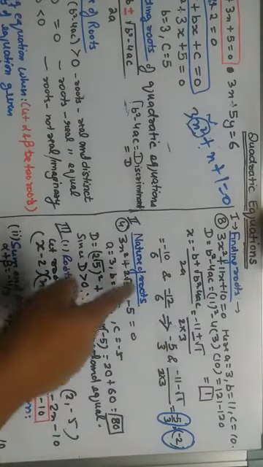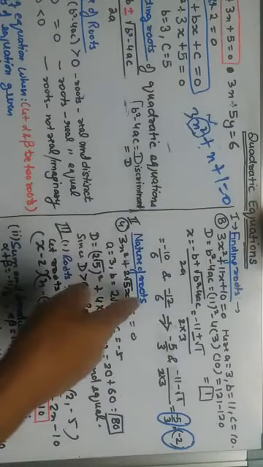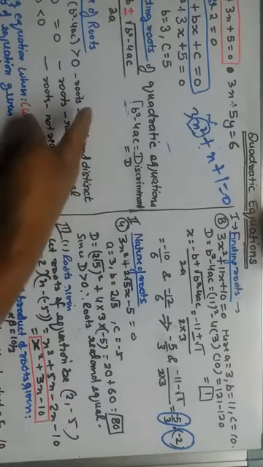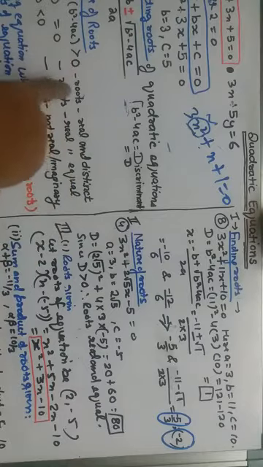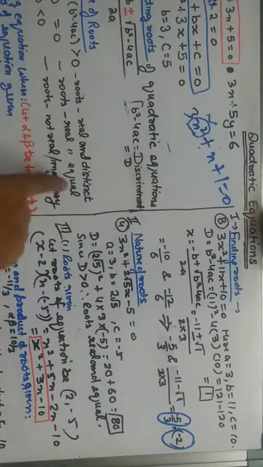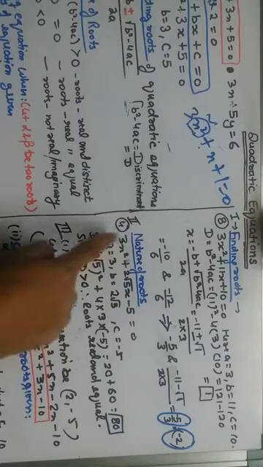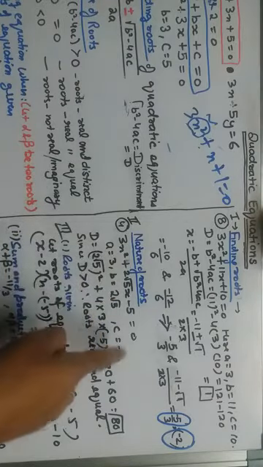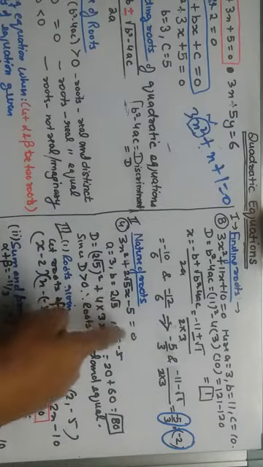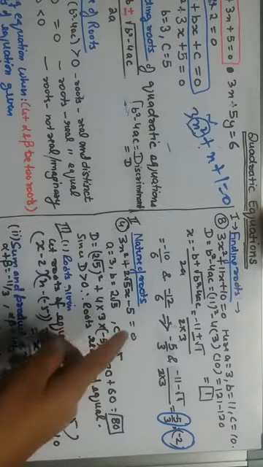Next is nature of the roots. What is the nature of the roots? This we have discussed on this side. If D is greater than 0, roots are real and distinct. Equal to 0, roots are real and equal. And D less than 0, roots are not real, they are imaginary. So to find whether the roots of this equation are real, imaginary or whatever, without taking out the roots,